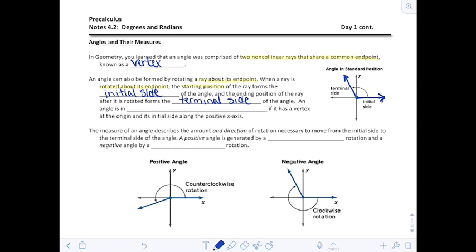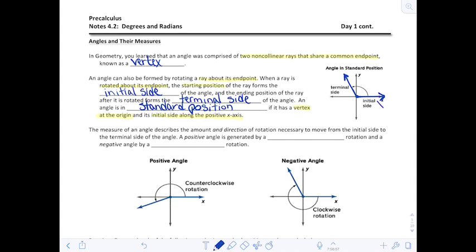Okay? So an angle is in standard position if it has a vertex at the origin, and that's what we're going to be focused on, vertex at the origin, and the initial side is along the positive x-axis always. So this angle over here is standard position. This is the positive x-axis, vertex at the origin. And what we want to think about is creating this angle from rotating the initial side back towards the terminal